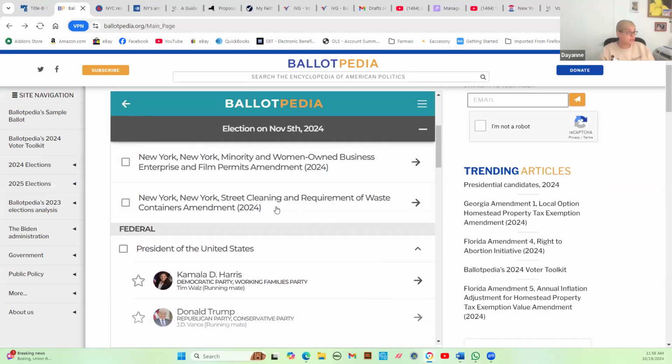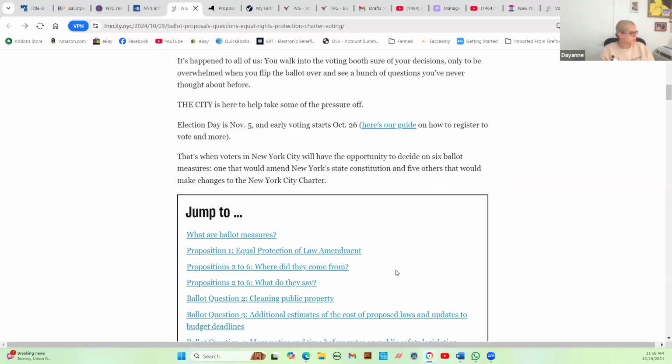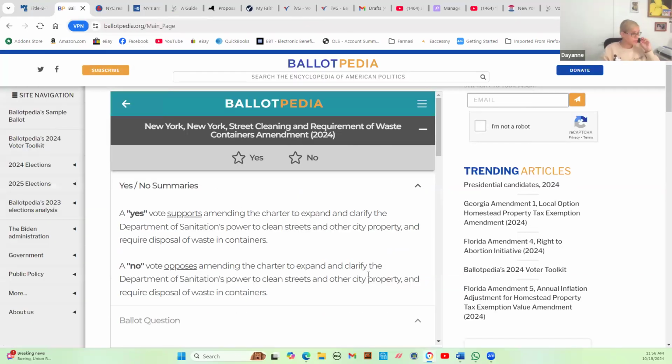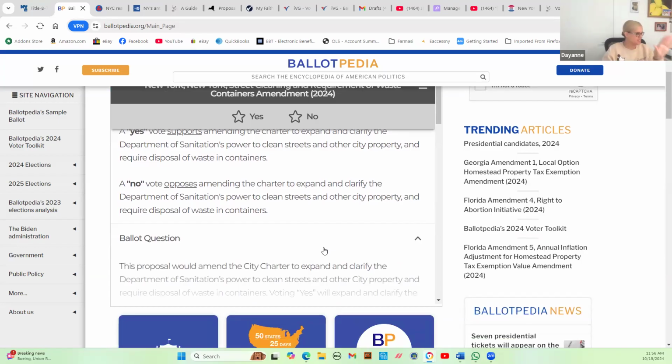And street cleaning requirements of waste and containers. This one should be interesting. So let me go back here, 236, cleaning public property. This is number 2. Okay, so let's go here. The New York Street Cleaning Requirements of Waste and Containers Amendment 2024. So let's just skip down